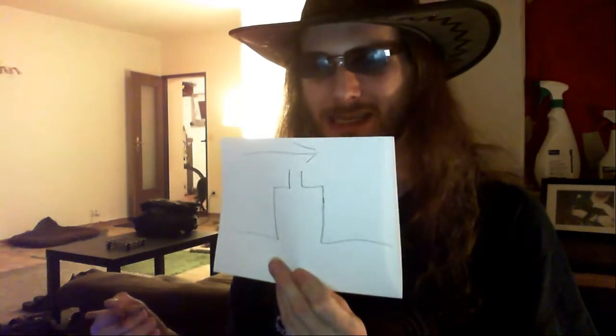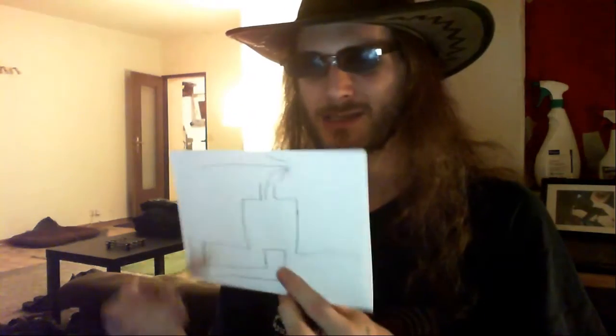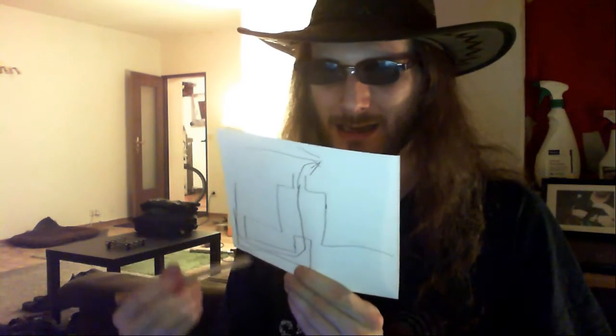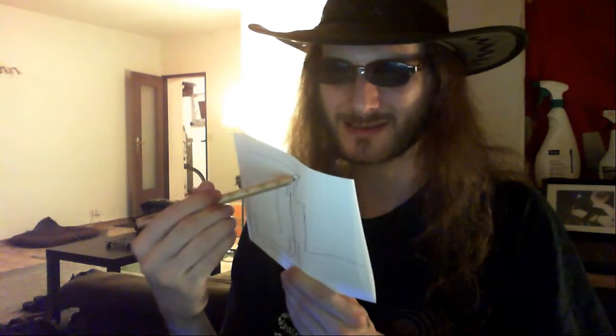What this chimney does is the wind is blowing above the chimney in Dubai, and it sucks the hot air out of the house. And what they are doing is they have a hole in the ground, which sucks the air through a tunnel, cooling the air under the ground, because under the ground it's obviously cooler than on the surface. So this sucks the air under the ground, cools it, and sucks the cool air into the Dubai house and sucks the hot air out of the Dubai house. So what we can do with this is that